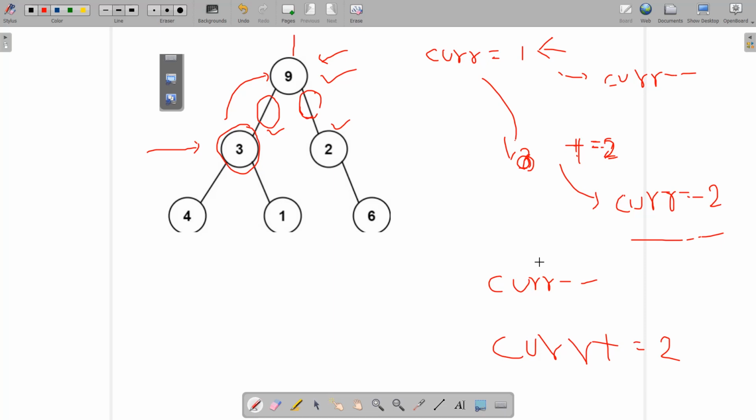Okay, and also one thing that should be noted is, when we encounter null nodes, like this 4, it means that we are not going to do plus equal to 2 for them, because there are no edges outgoing for a null node. That's why we should not be incrementing plus equal to 2 for them. And for the rest of the cases you need to do it as it is. Okay, so let's look over